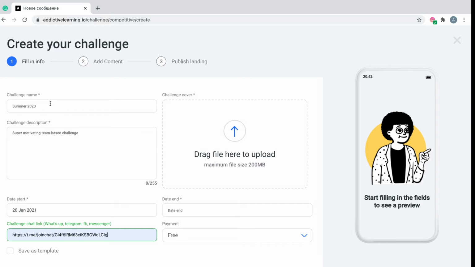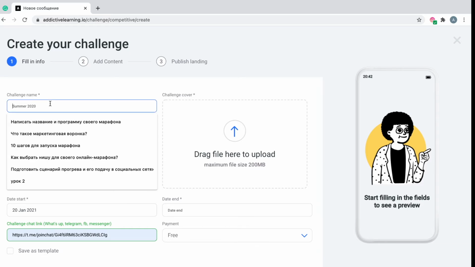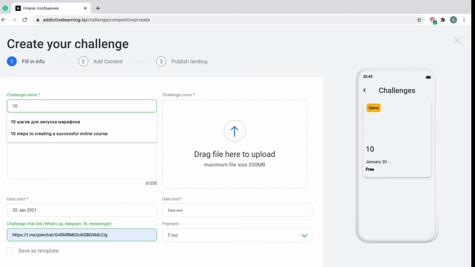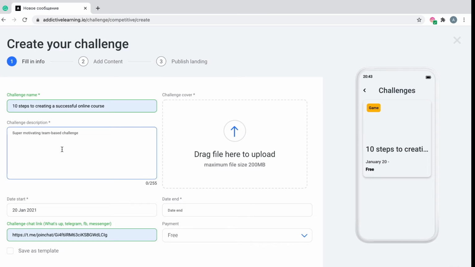Let's now create a challenge together. So I want to create a challenge, 10 days, 10 steps to creating a successful online course. So my challenge would be about the main steps of creating a successful online course. I create a challenge name, now challenge description. In this challenge, you will learn how to create